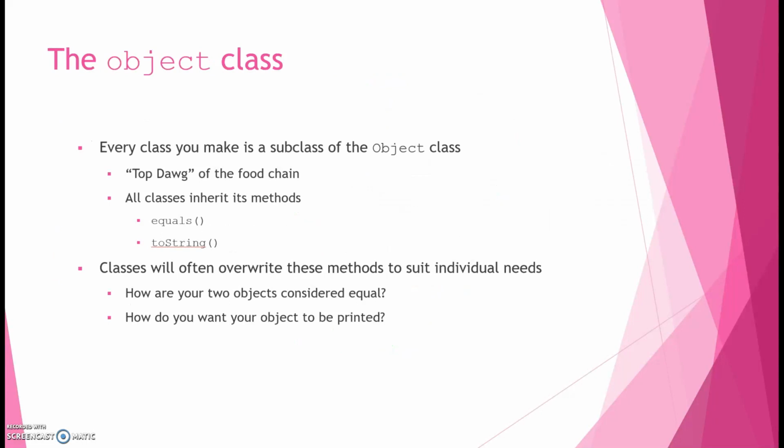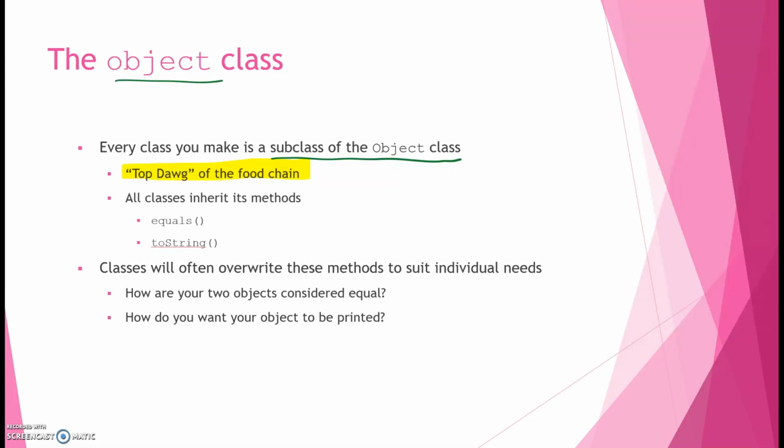All right, now first semester we talked a lot about the object class, and we talked about how every time we created a class, that class was automatically a subclass of the object class. And at the time, you might not have quite realized what that meant. Well, that is like, as it says here, the top dog of the food chain. This is like the end-all, be-all, where it all begins, okay? And every class that we create extends off of the object class, so much so that we don't even have